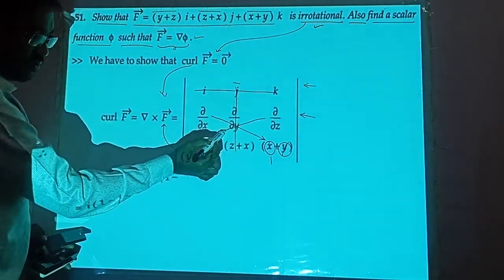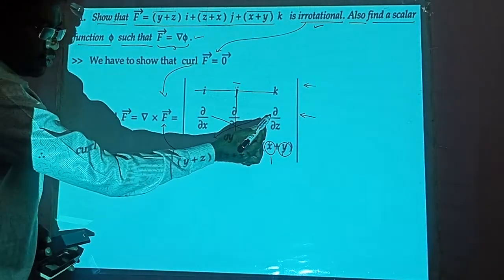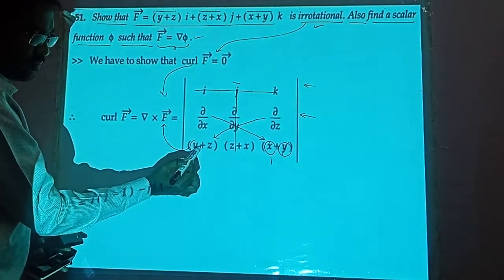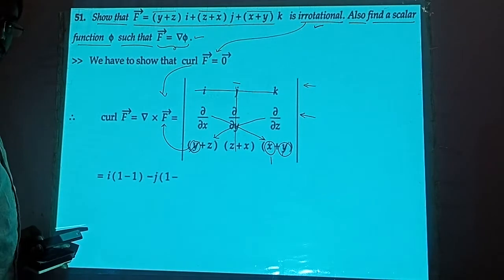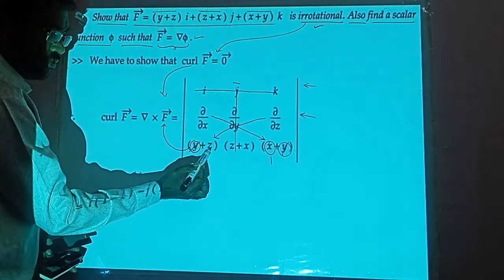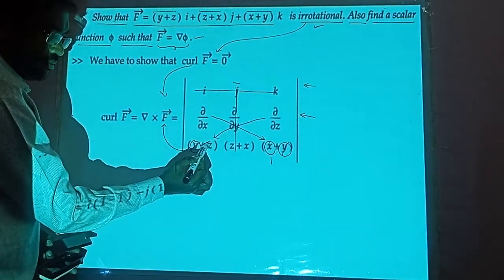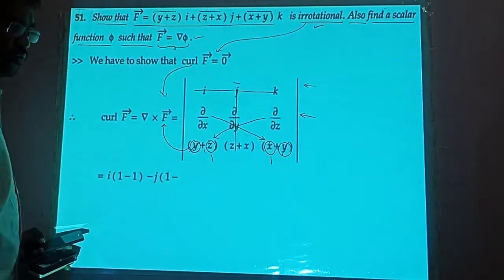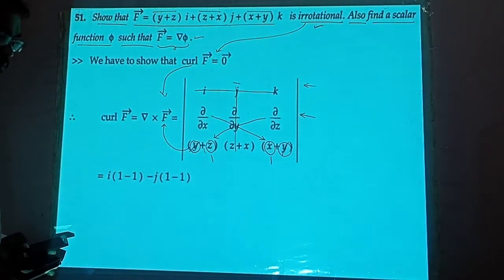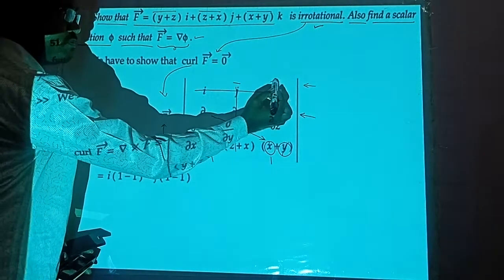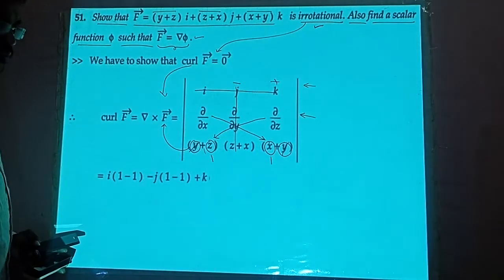If you multiply in this way, dou by dou z of y is 0. Dou by dou z of z is 1. You will get 1 here, plus k into